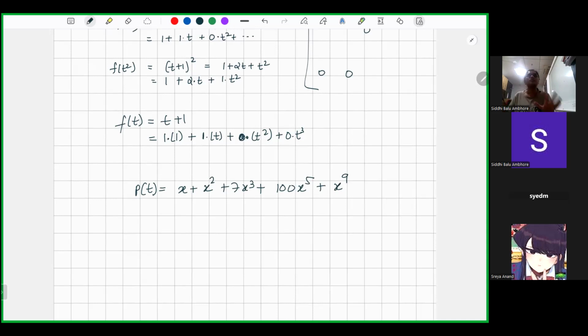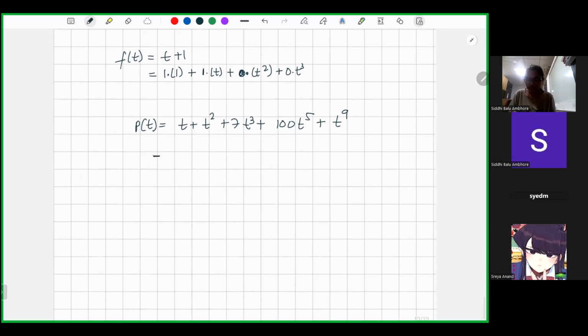Okay? This is my polynomial, and now I want to express it in terms of the basis. So I have to take care of each element of the basis. Here the constant is not there, so it is 0 into 1 plus 1 into t plus 1 into t square plus 7 into t cube